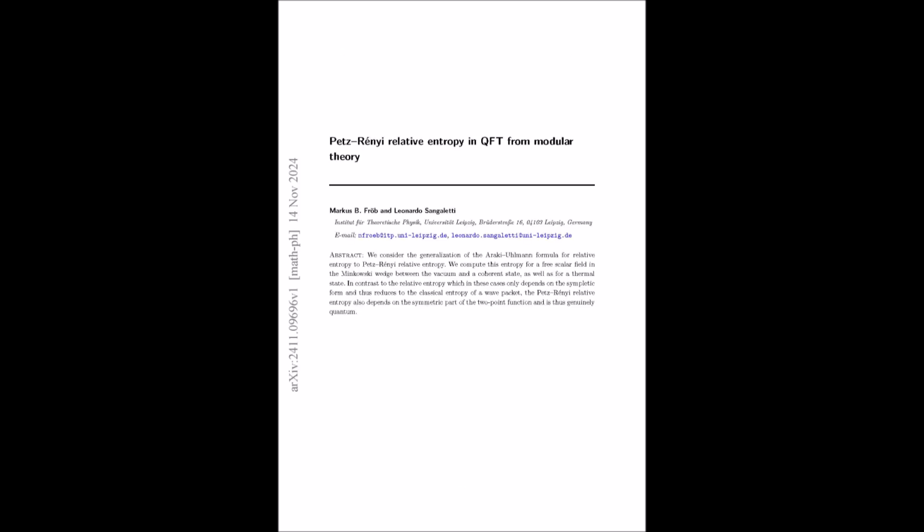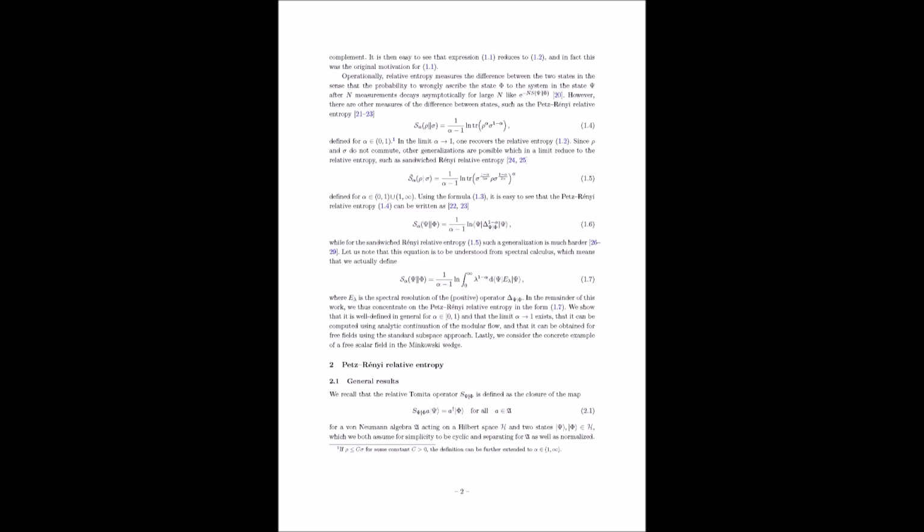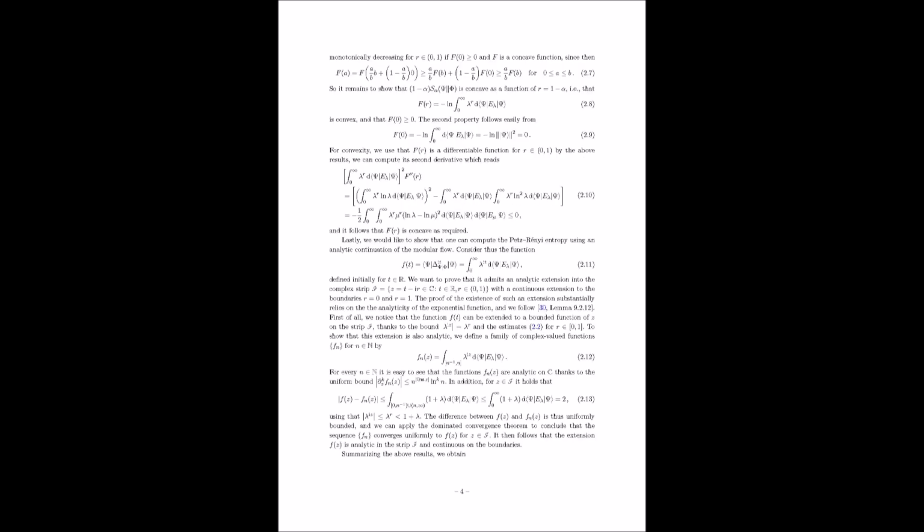This is where the heavy mathematical lifting begins, right? Yes. We need to delve into the specific form of the two-point function and the intricacies of its analytic continuation. The paper provides a detailed walkthrough of these calculations, carefully analyzing the properties of the two-point function and ensuring that the analytic continuation is well-defined. We can definitely unpack those details further. Let's take a closer look at the explicit form of the two-point function and how it's used to derive the Petz-Rényi relative entropy in this specific example.